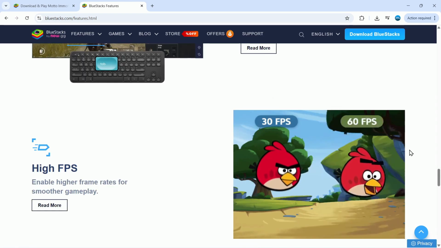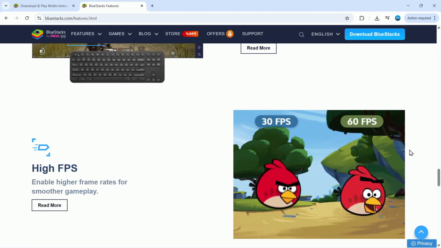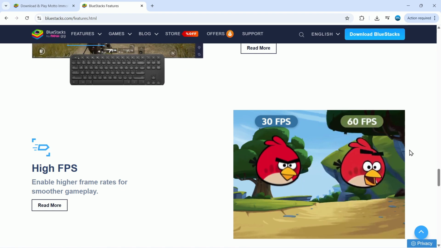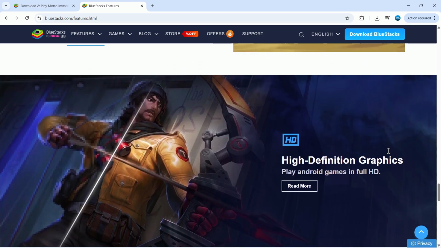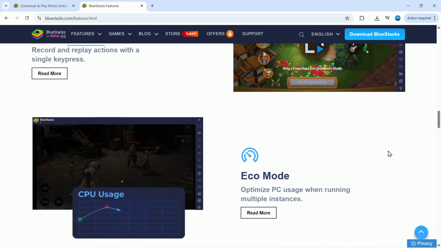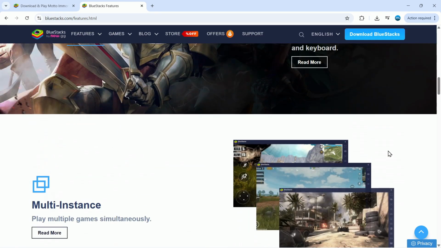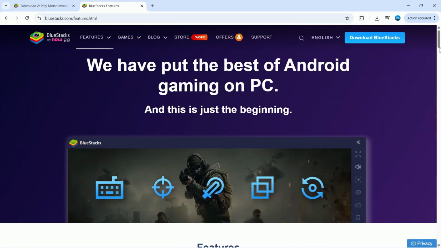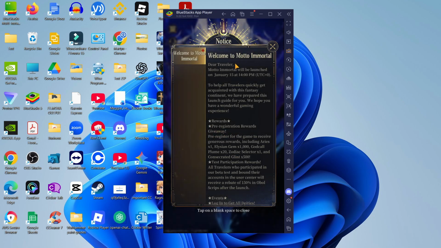Of course, playing on a PC is going to enable a higher frame rate as well, giving you a much better, overall smoother gameplay experience. And of course, you can play all your Android games in full HD. Now, that's a couple of reasons why I personally love Bluestacks, but as you can see, there's a ton of really cool features built into Bluestacks, which is why I would recommend it to play Android games on your PC or Mac. Coming back to Bluestacks, as you can see, the game has finished installing and downloading,